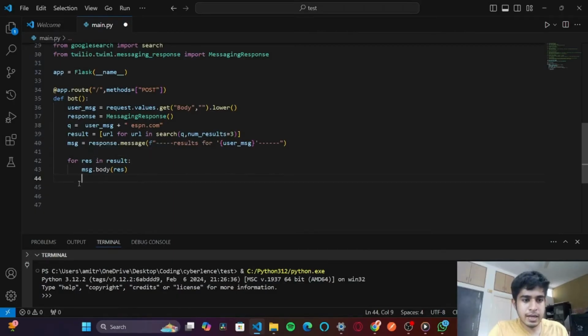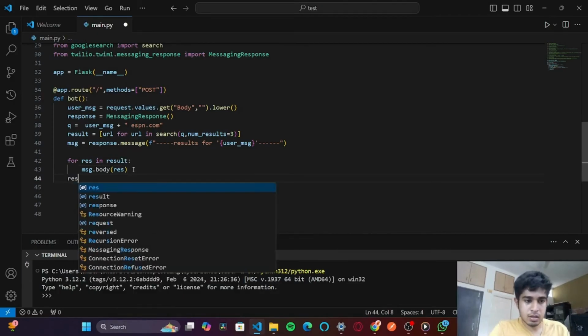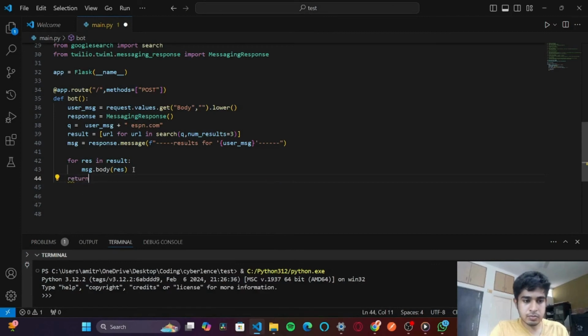So we'll have 3 results, right? It will go through the 3 results and respond all the 3 results as links. Okay, it will show results for our message, user message, and it will give us these 3 strings, 3 results. Return